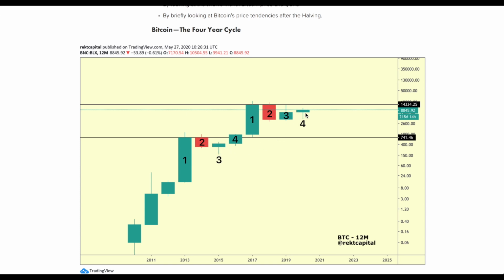And of course, these are reversal candlesticks. These are hammer formations which precede a bottoming out period. The best way to think about a hammer in this case is that they hammer out a base with the wick and jump up into a new rally. So they're hammering out a base before bouncing off into a new rally. And candle number 4 right over here is looking quite good for the time being. We still have 6 months for this candle 4 to really close above a very key level, which is 14,300.